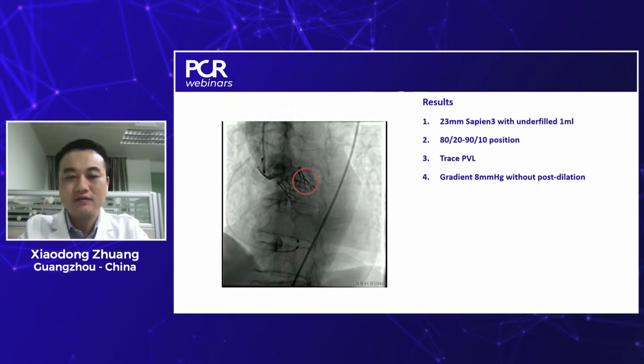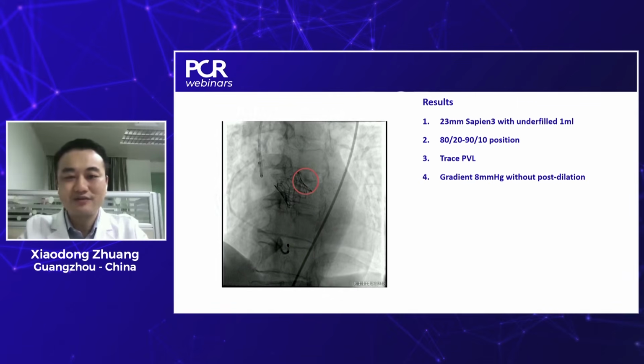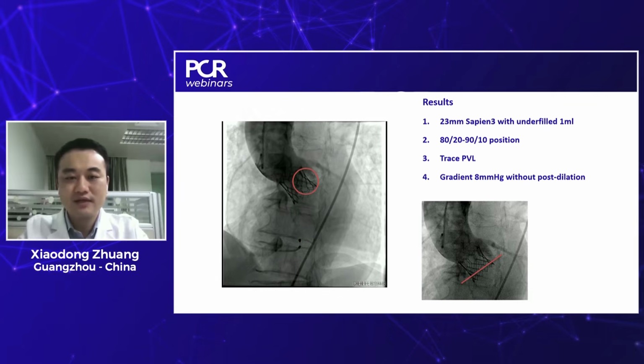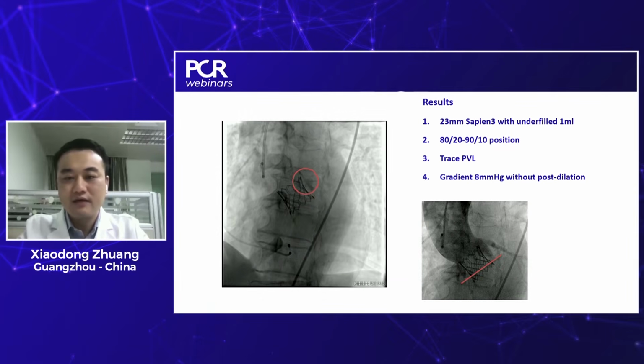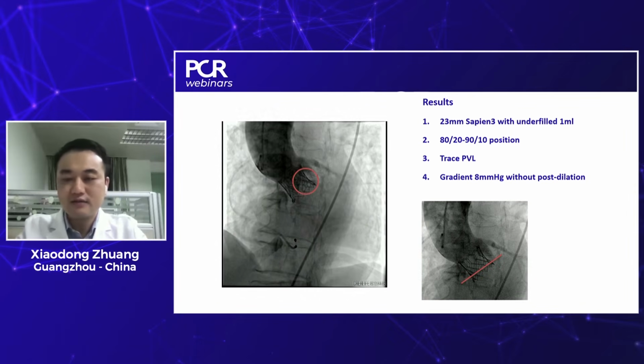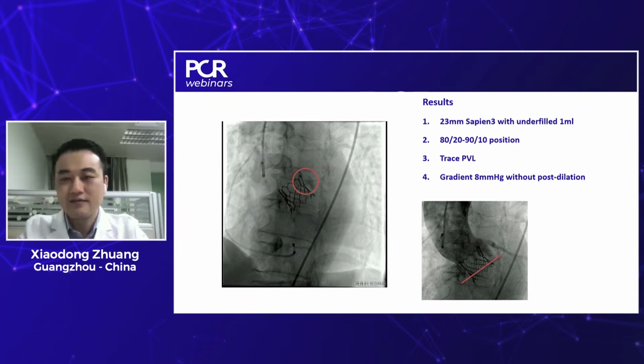So this is the final result. And also, we can see here is the heavy calcification there. I saw a similar video from Dr. Palmer's, you just showed us another case here. And also the final result, you can see the coaptation is